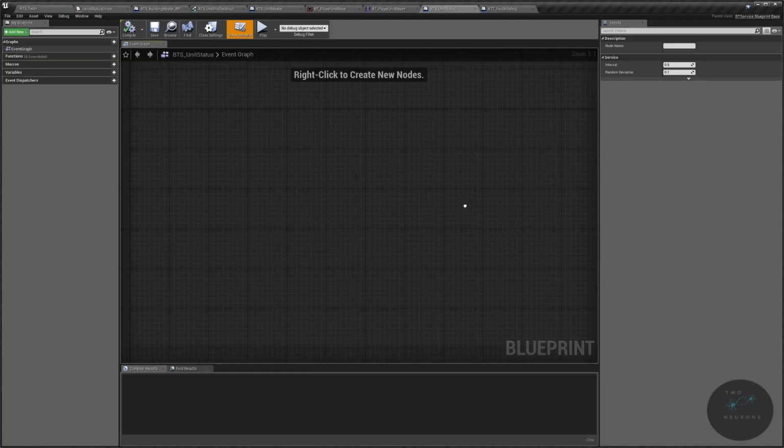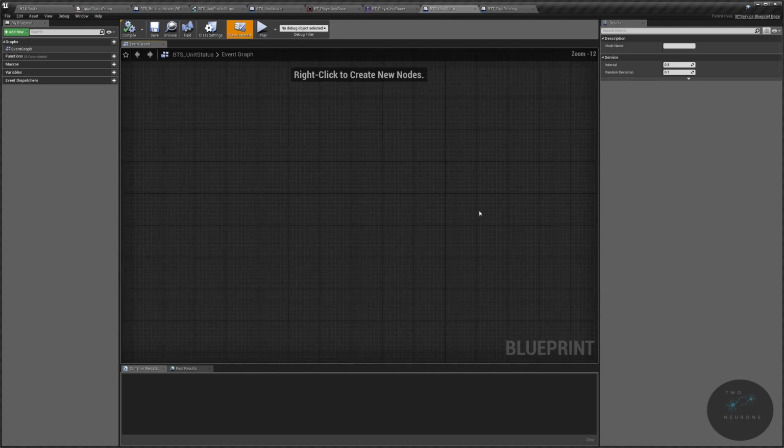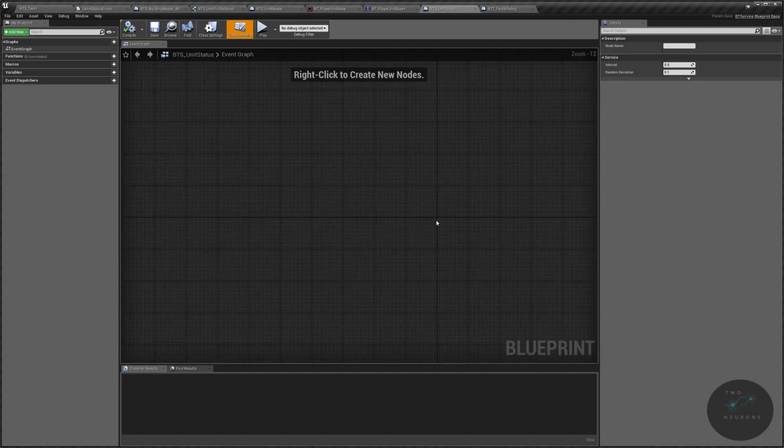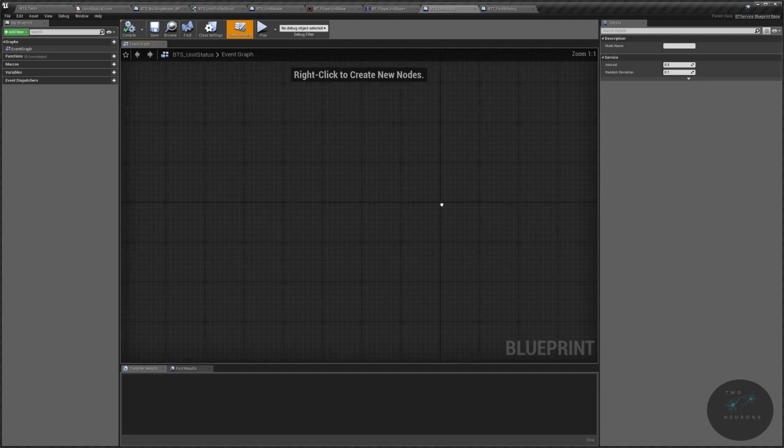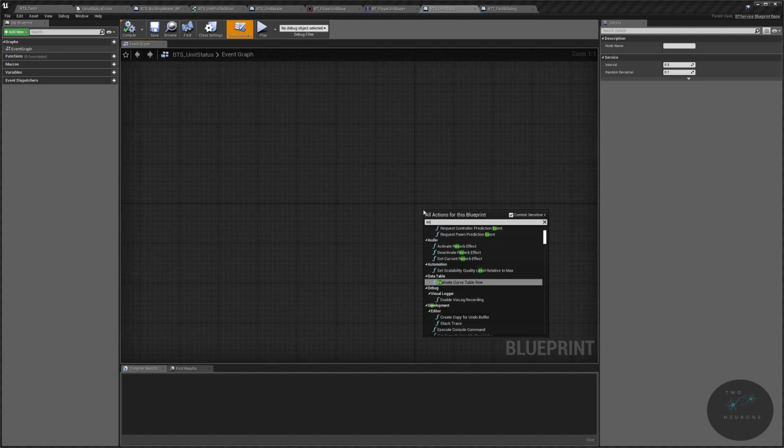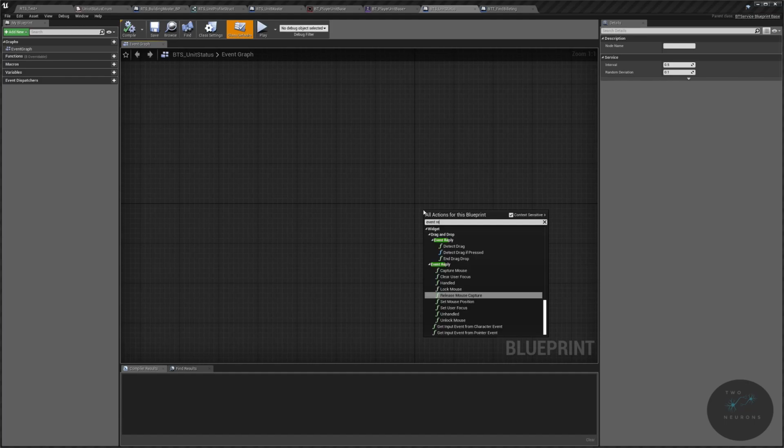And the very first thing we need to do is we need to get a node. As you notice, there's nothing in here. So we need a starting node. And like I said, this is a tick. So we're going to see an event receive